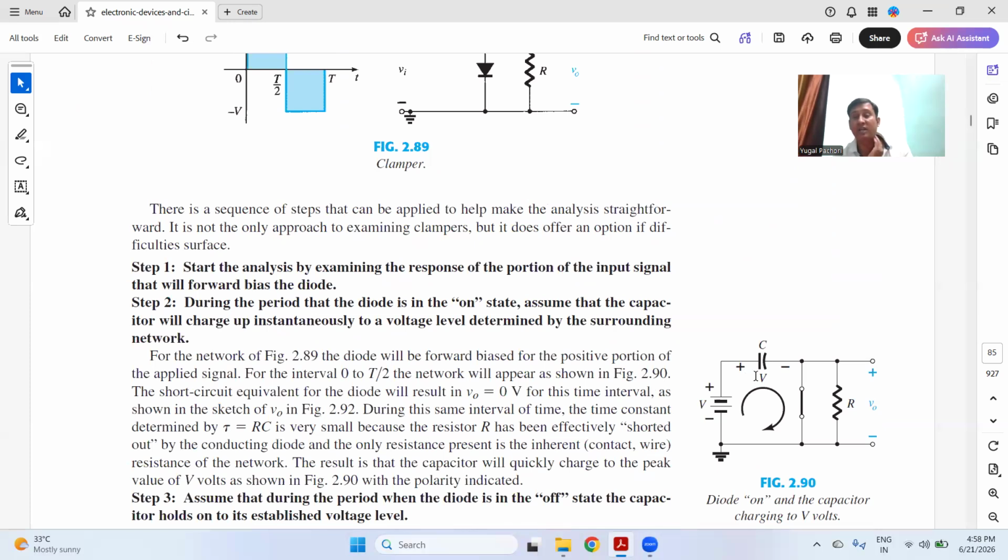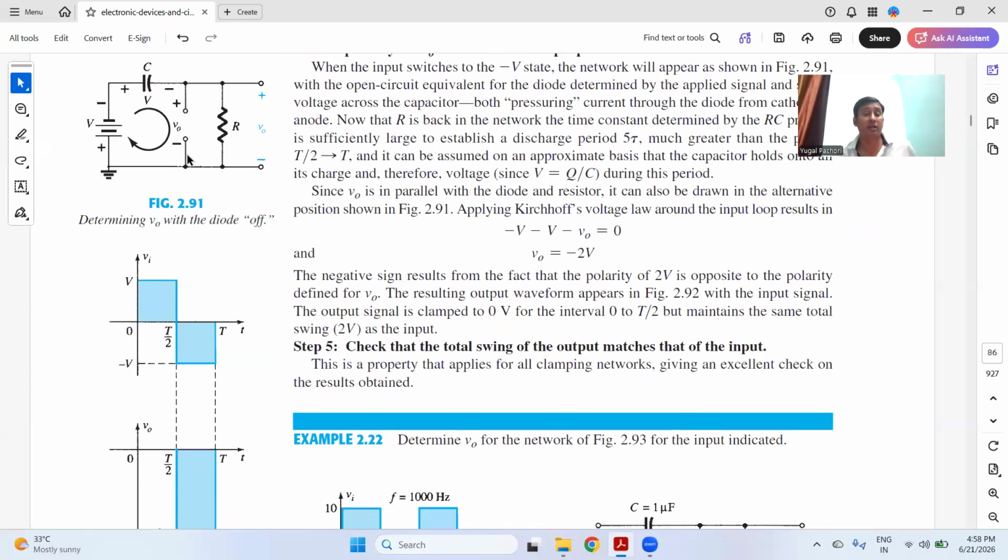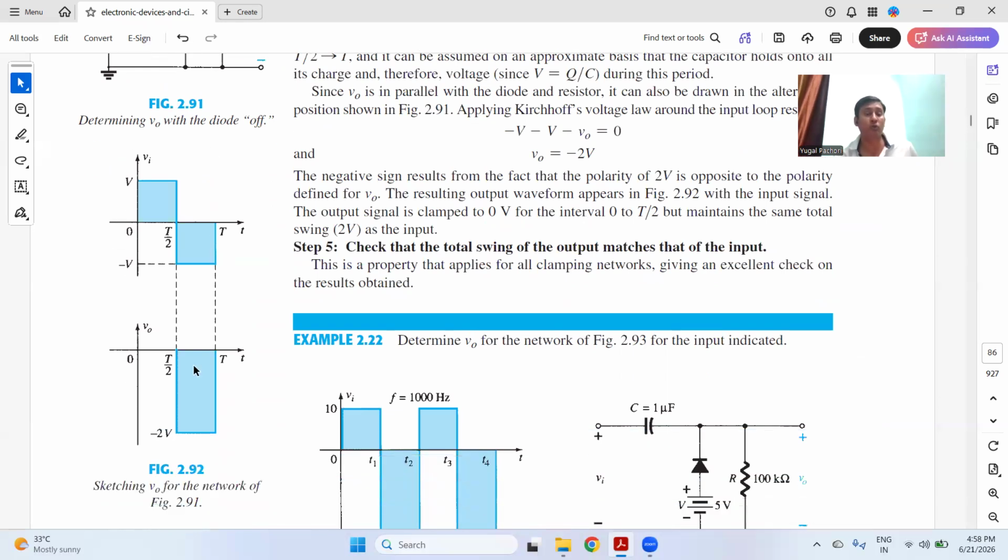The capacitor is getting charged towards V, and the diode is forward biased. And when there is a negative cycle, the diode will be off, and you will get the output from the capacitor. So in both the cases, you will get the output like this. There is a voltage, and the capacitor got charged, and in the negative cycle, you're getting the voltage from the capacitor